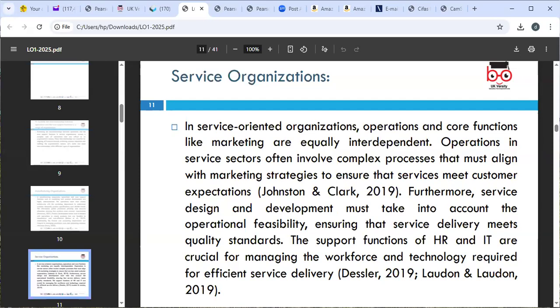Furthermore, service design and development must take into account the operational feasibility, ensuring that service delivery meets quality standards. The support functions of HR and IT are crucial for managing the workforce and technology required for efficient service delivery. Okay, you can get those from our model, the references. Very important. Now, service-oriented organizations, for example a bank, you realize that the bank should have very robust